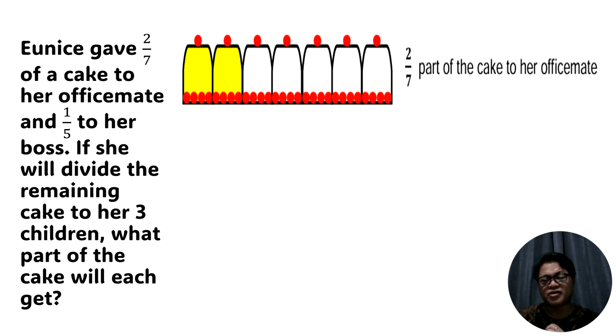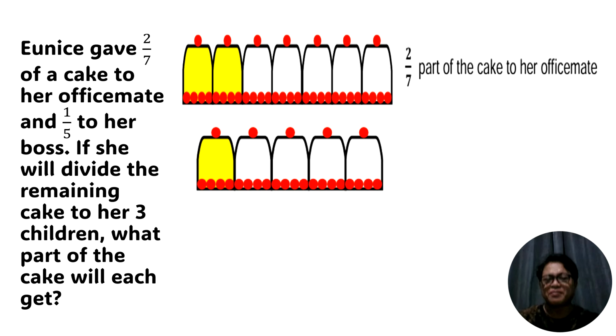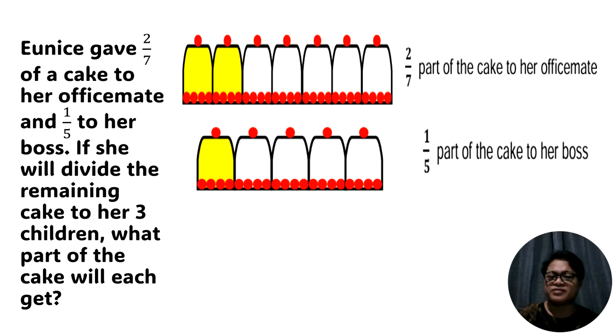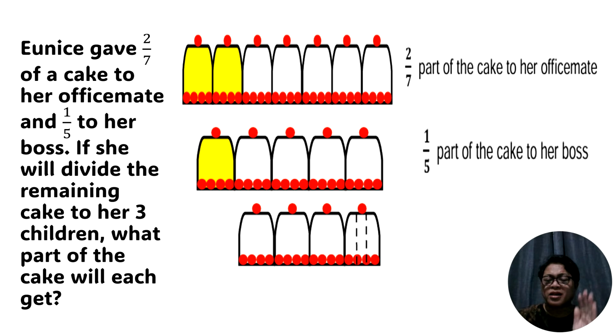So how many are the remaining parts? Okay, very good. There are 5 parts. And then from the remaining 5 parts, 1/5 was given to her boss. The shaded region represents the part of the cake which was given to her boss, which is 1/5. So how many parts of the cake are remaining? Yes, very good. There are only 4,